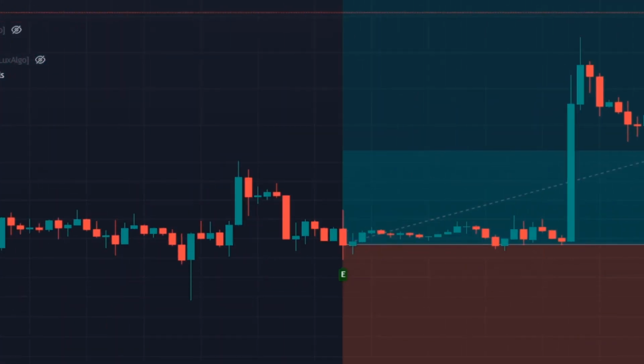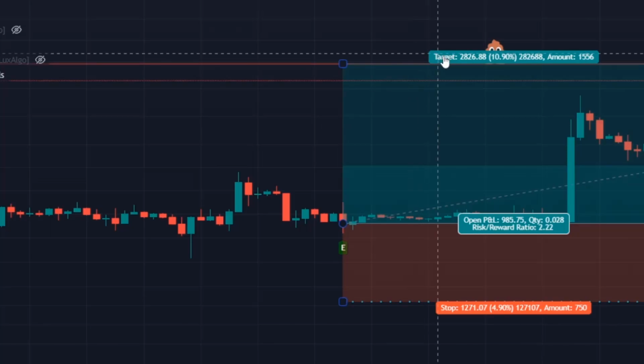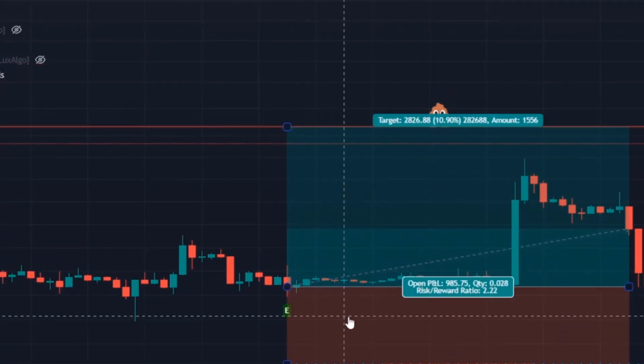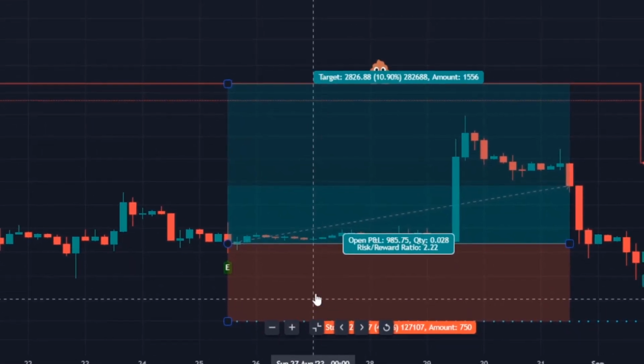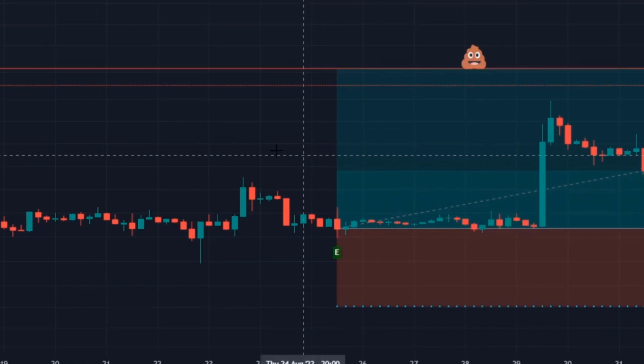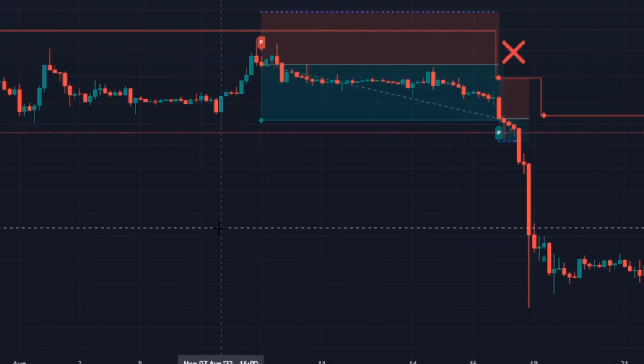But if we look at it now with others, why I say this is a poor signal, because we do have a good risk reward ratio, but we have a stop loss of 5% and 10% take profit. You know what 10% means in Bitcoin? That means I wouldn't have gone in at all in that case. When I look at that,